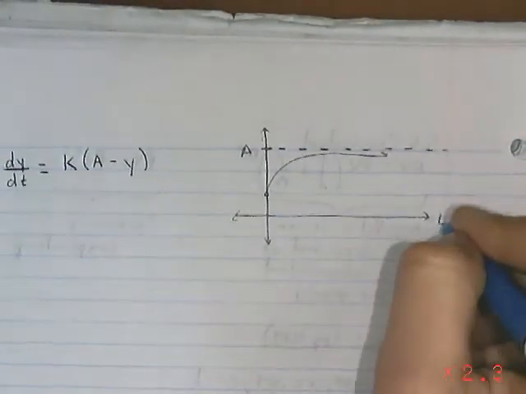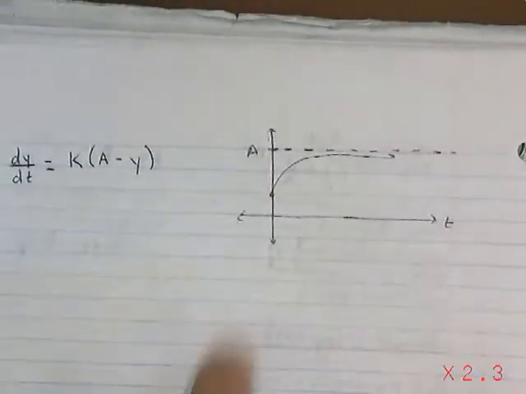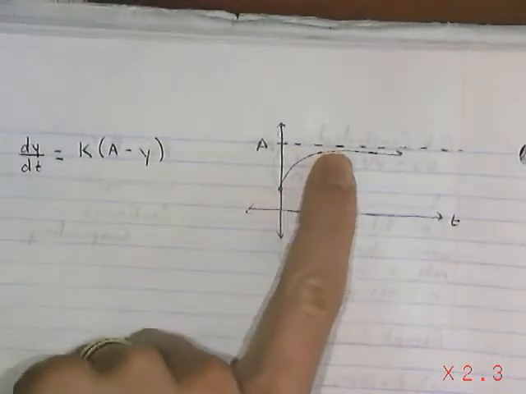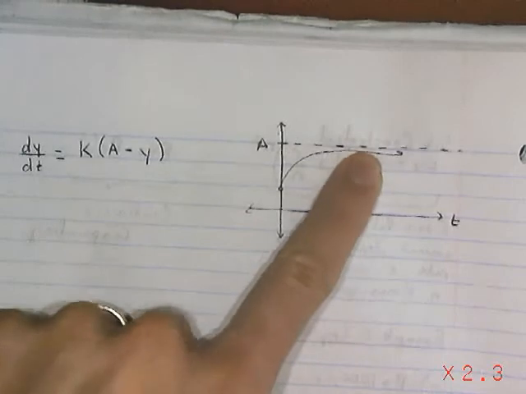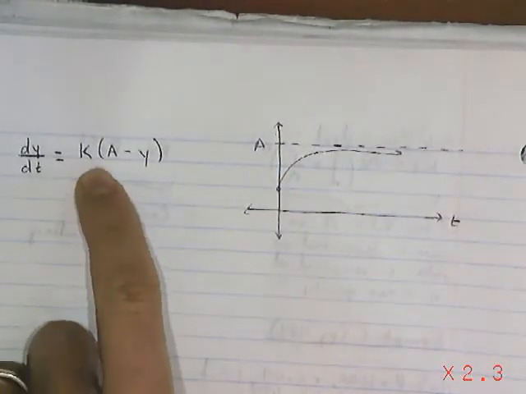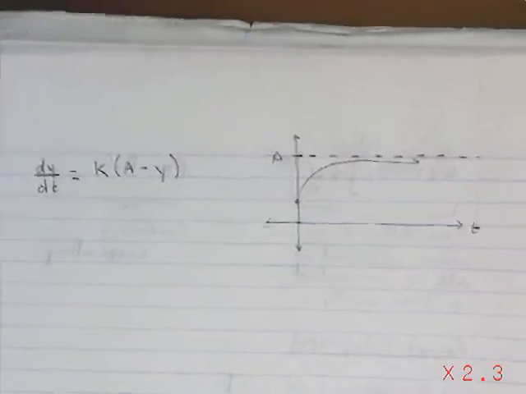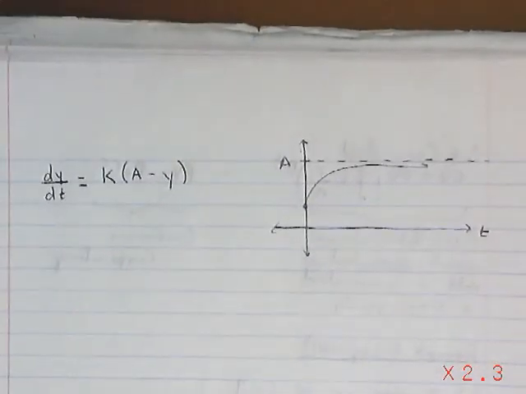This would be t. What it says is the derivative, as you get closer to this highest level of efficiency, the derivative decreases. Okay? Your rate of improvement decreases over time, which I think we can all agree